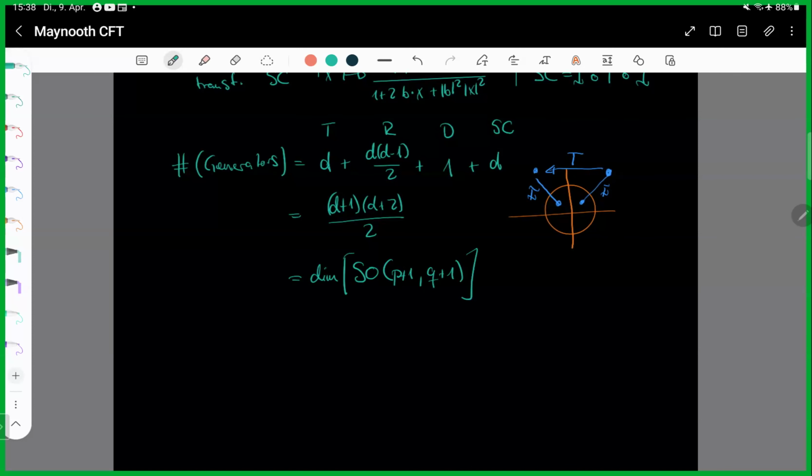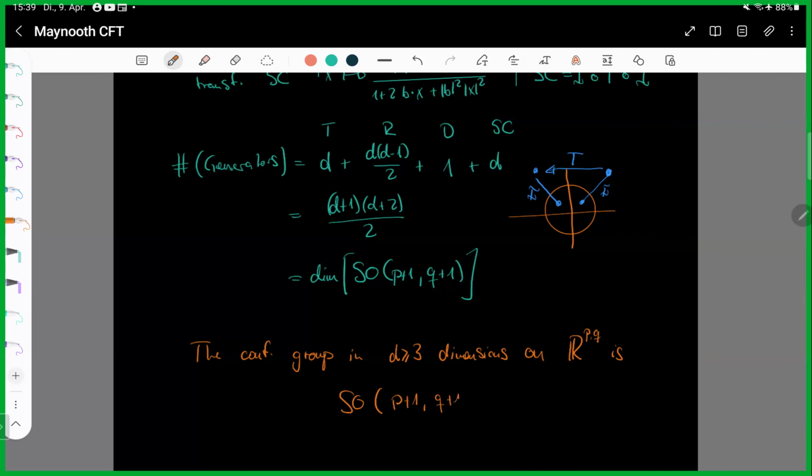So let's make the statement concrete: the conformal group in d bigger or equal than 3 dimensions, on R^(p,q), is precisely SO(p plus 1, q plus 1). Actually showing this will take us a bit too far afield